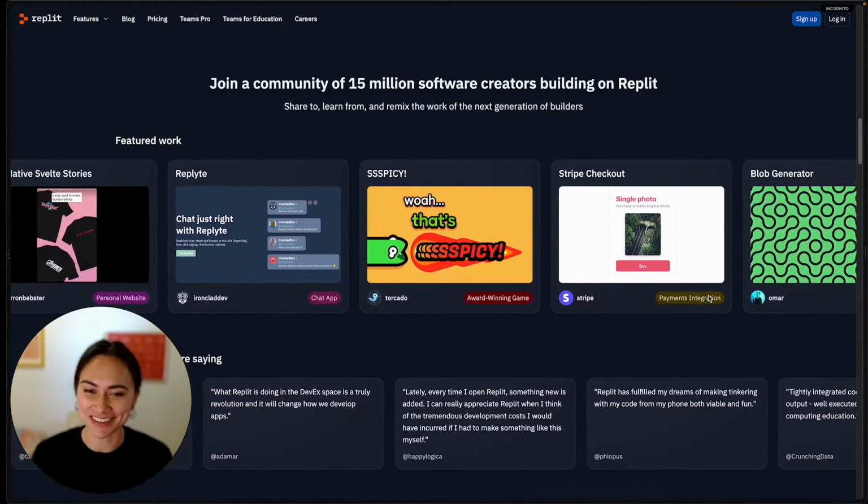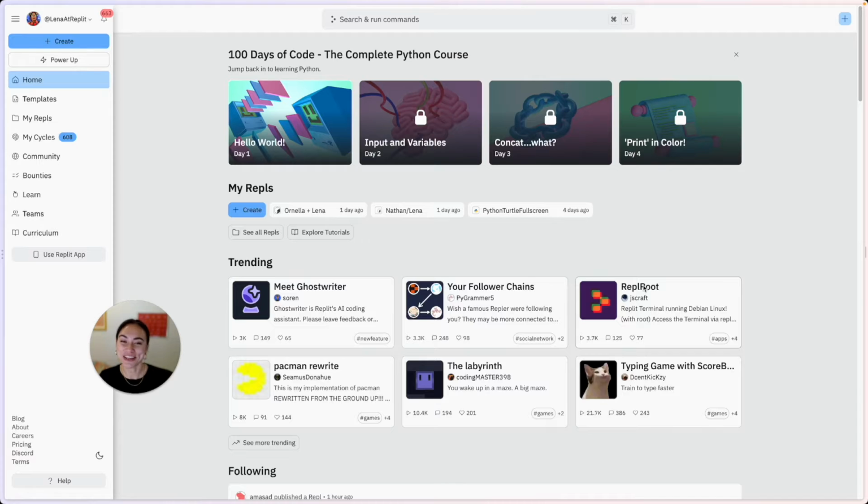Let's get started. First things first, make sure that you've created an account and that you're logged into Replit. From there, you'll be taken to this homepage. Now, there's a lot to do on the homepage, but for now, we're going to start simple by creating a project. A project in Replit world is called a Repl, and we can start one by hitting create either here